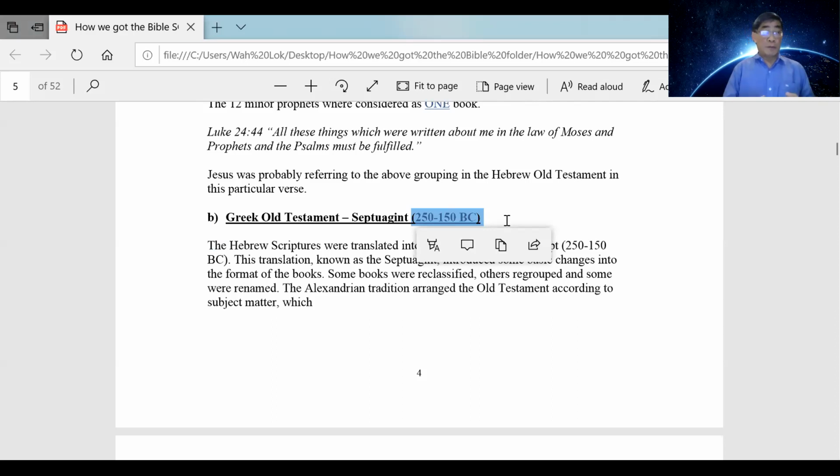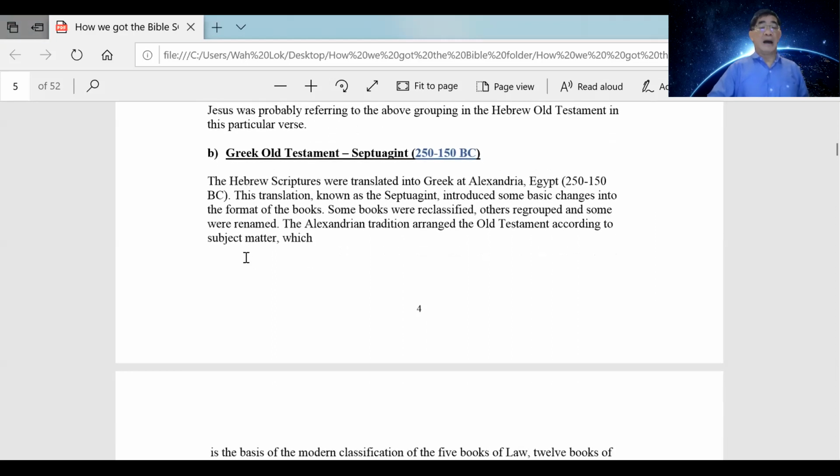Okay, now, from a pure Hebrew Bible, written from Moses all the way to Malachi, suddenly in 250 BC you have a whole new Bible, new Old Testament, not Bible, new Old Testament, in the Greek language. Okay, so that's what the Septuagint is all about. Okay, now